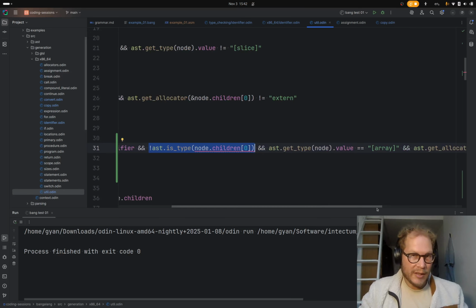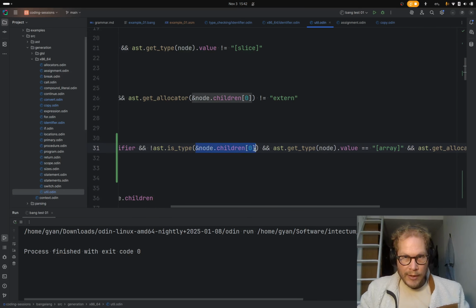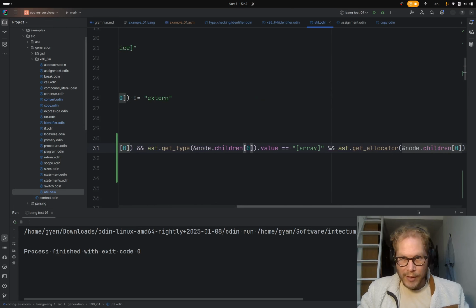But if it's not, that means that it's like a member, in which case we can say, okay, if the type of the thing it's a member of is an array,